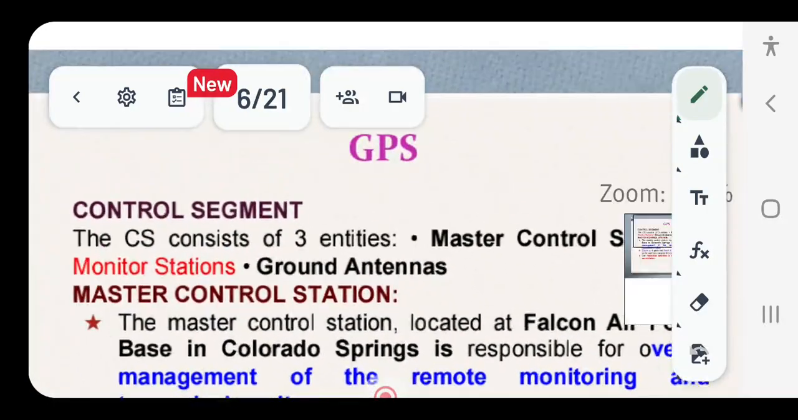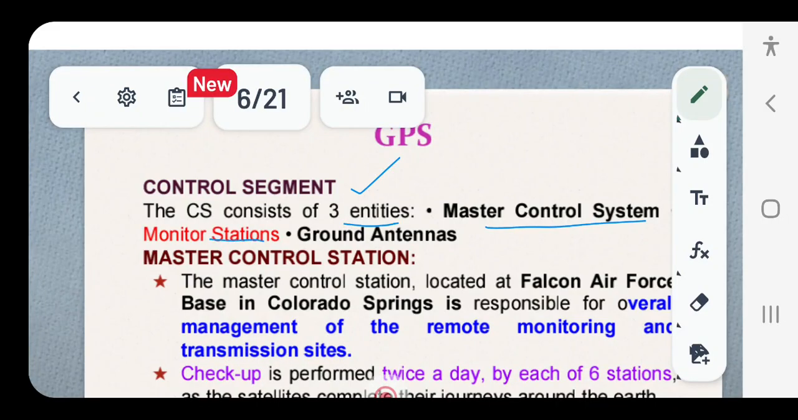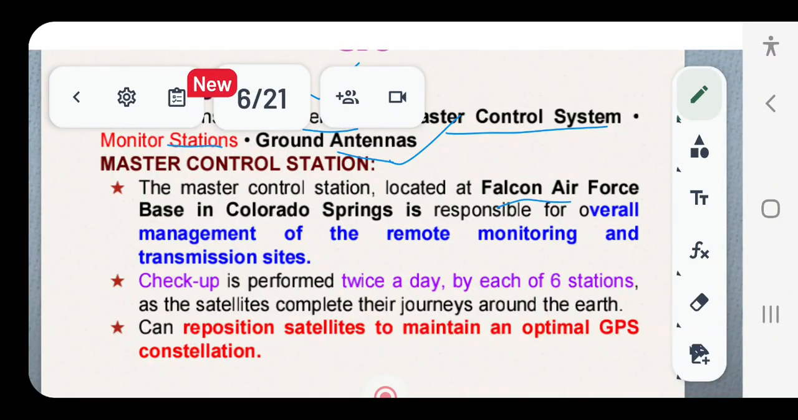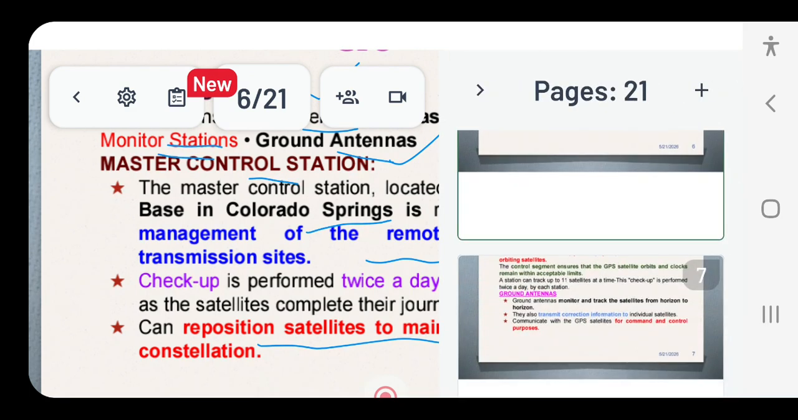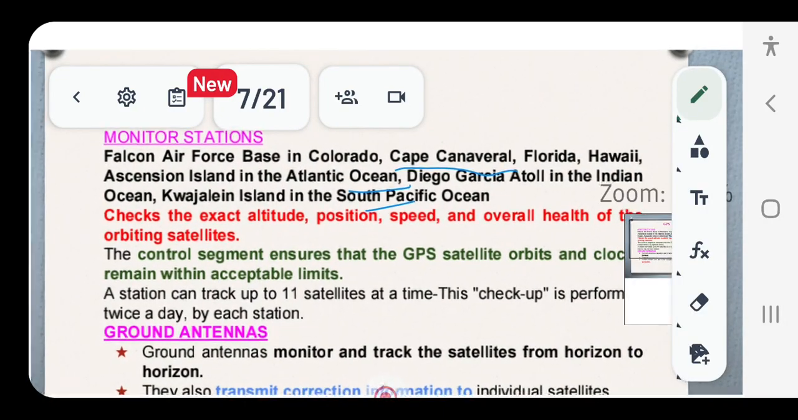Next comes your control segment. Control segment has 3 entities: master control station, monitor station and ground antenna. The master control station is located at Falcon Air Force Base in Colorado Springs, and it is responsible for overall management of the remote monitoring and transmission sites, and its basic use is to reposition satellites to maintain an optimal GPS constellation. Apart from this master control station, there are 5 monitor stations located in all these places, and their work